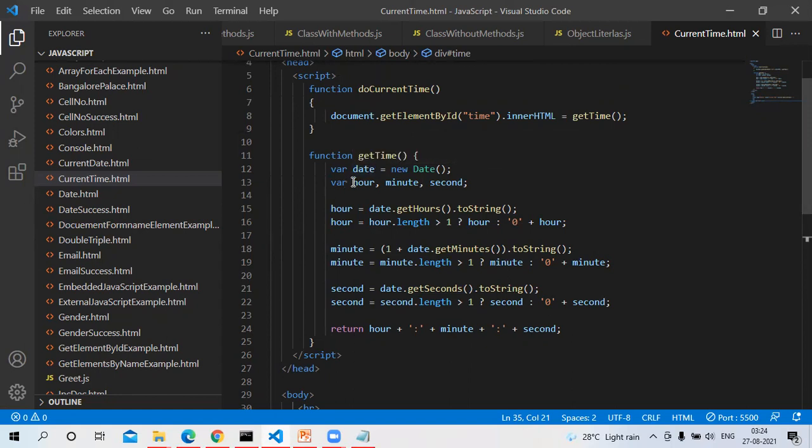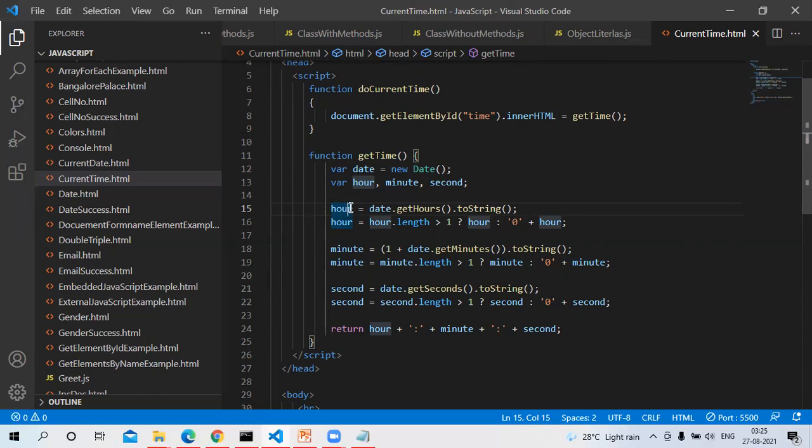Then we have declared three variables: hour, minute, and second. How do we get the hours from the date object? We have a function called getHours: date.getHours, and then convert that into a string by using the function toString. The hour value will come and sit here, and sometimes this hour value may have a single digit or two digits. For example, if the hour value is between 1 and 9, it will be a single digit. 10, 11 means there are two digits.